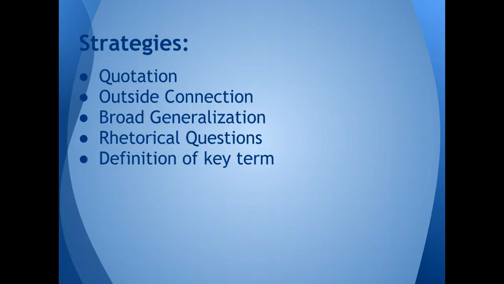More often than not, the best way to do a quotation is to quote a scholar who is talking about the same work that you're talking about, or the same issue you're talking about in the work, or who is addressing the same kind of social issue you're dealing with. The more closely the quotation is related to what you want to talk about, the less likely it is to swamp your writing. And what I mean by swamp your writing is if you brought in a quotation about Gandhi